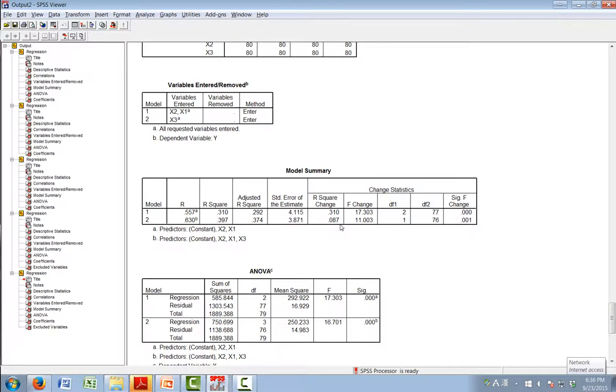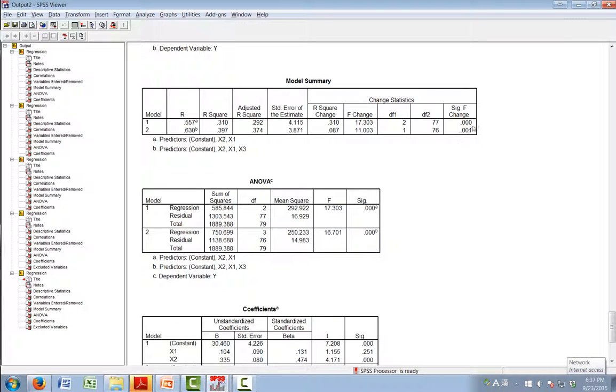But again, how many additional independent variables? You're adding x3, so with 1 additional independent variable, you improved 9%. What is the important question? Whether that 9% is statistically significant or not has been answered by this. Again, this p-value or sig value is very, very important. If your research question is, given x1 and x2, whether x3 is statistically significant or not, this p-value plays that particular role. Statistically, we don't have to worry too much, but this is the significance test for the additional 1 independent variable, which is equivalent to